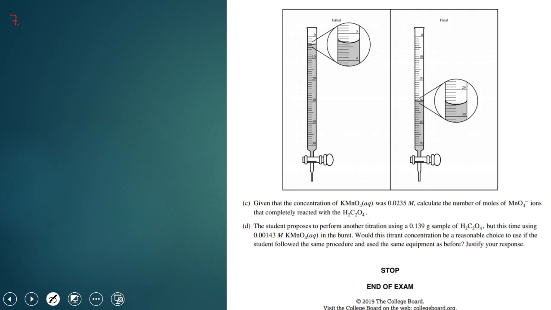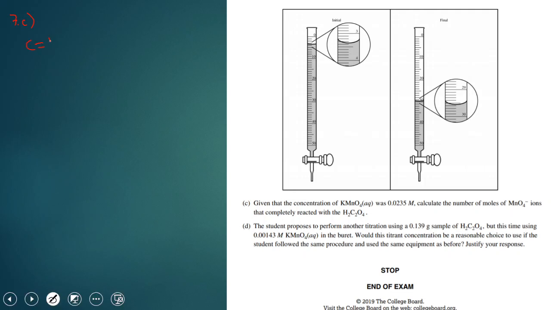Question 7C. Given that the concentration of KMnO4 was 0.0235 molar, calculate the number of moles of MnO4 ions that completely reacted with the oxalic acid. Okay, so this is once again your basic stoichiometry, if you even need to do that. This seems much simpler because KMnO4 actually will break up into the MnO4 ion. And so we just have to consider that we have,